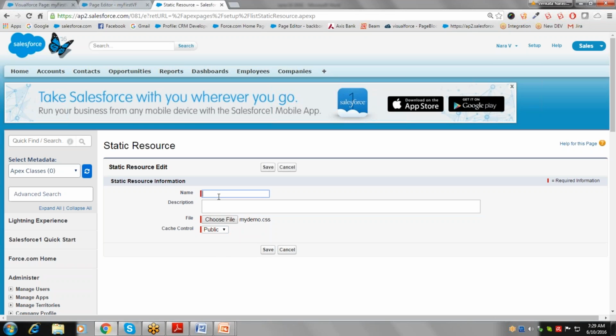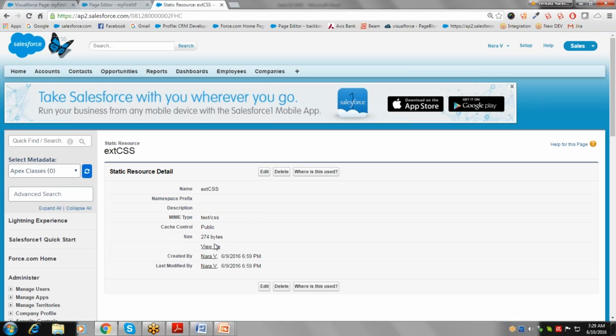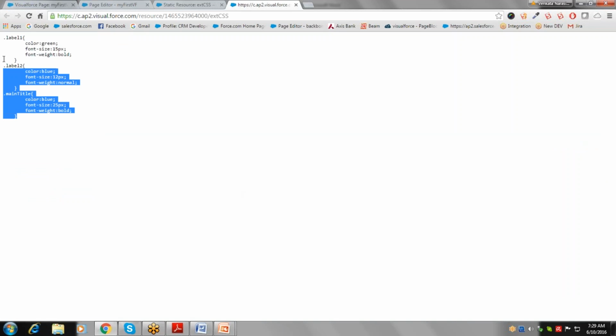So the name is ext css. You can specify any name here, but remember the file name, because we use this file name to consume the CSS file in your application. Then save it. So here is the CSS file. When you click on view,